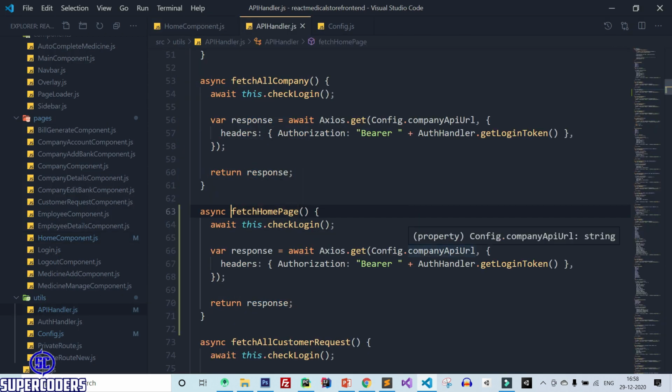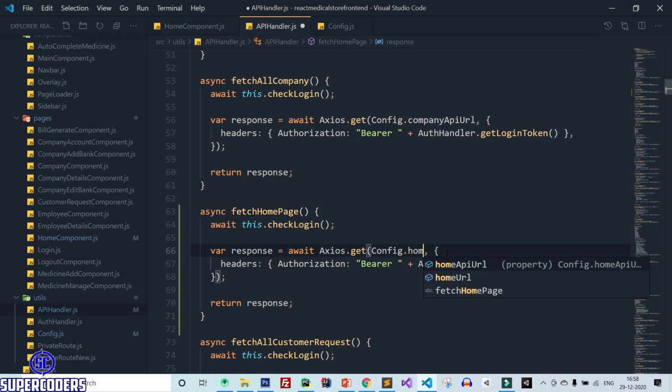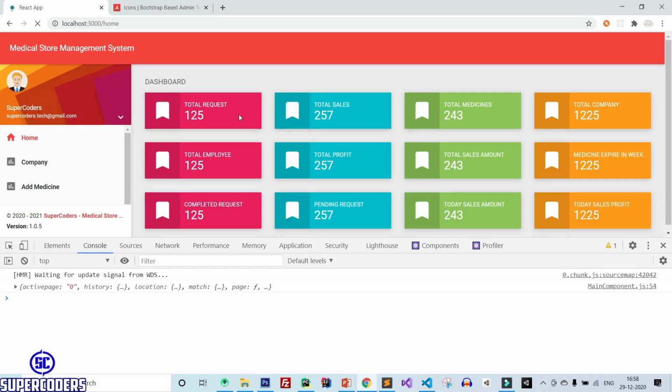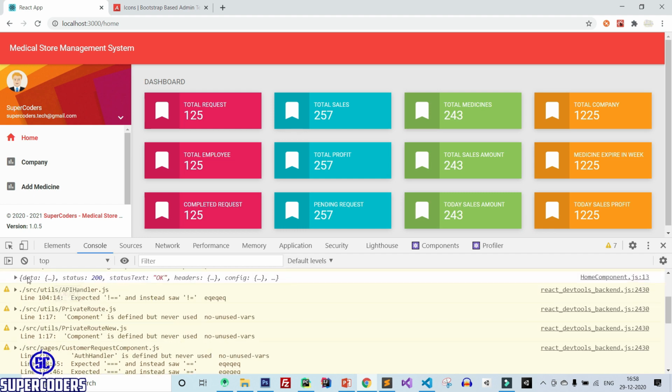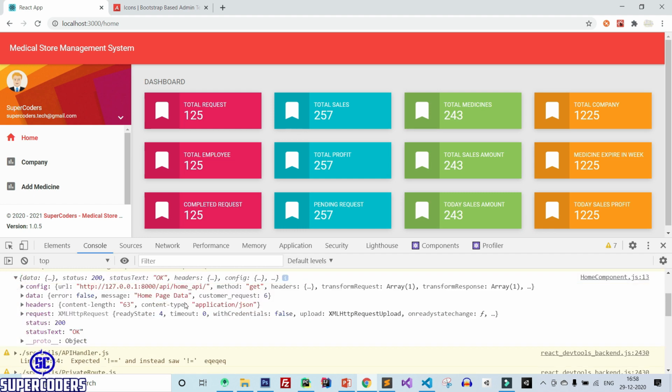Here we need to change the API URL, so change this to home API URL. Save it, refresh the page again, and let's see what is coming. Open data, and you can see this time it is home page data, and it is showing customer request which contains 6 data, meaning 6 count. Total number of requests is 6. So it is working perfectly.